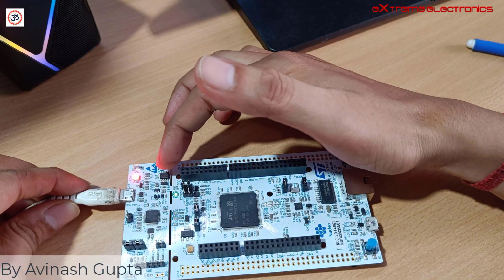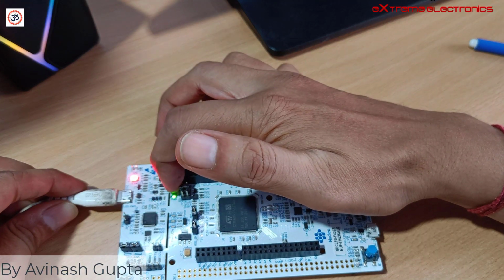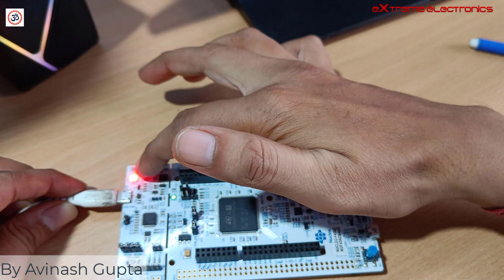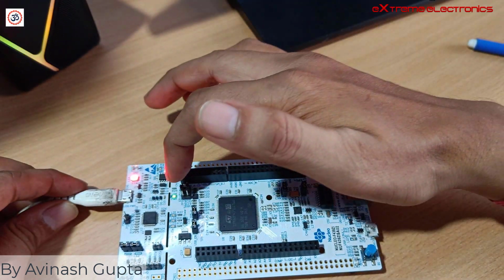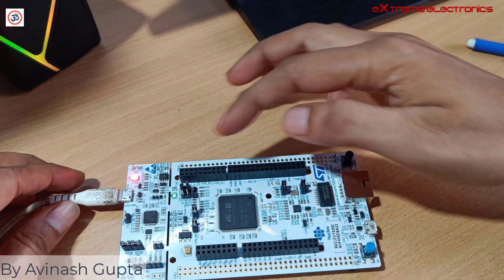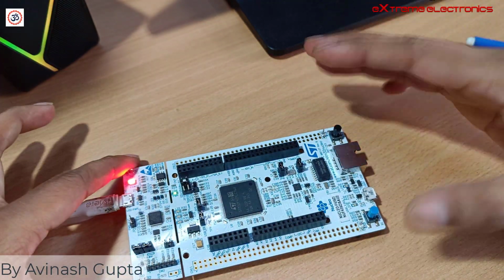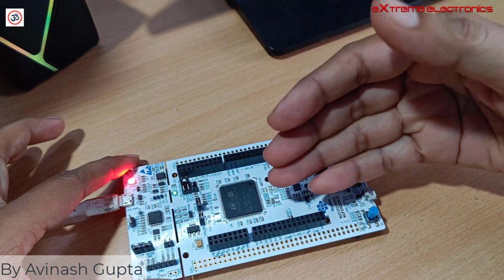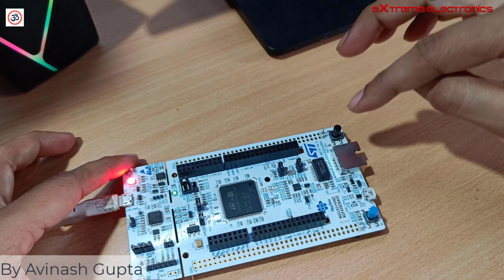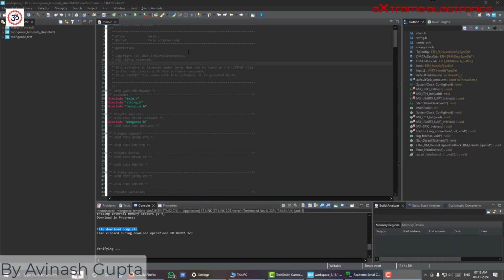And here we see the power LED, that is this green LED glowing, and also the power section of this ST-Link module is also glowing red, and this one is glowing red, and this one is glowing green. So now our board is ready. We can download the program to this chip and try to run and execute the program. So now let us hit the debug button,